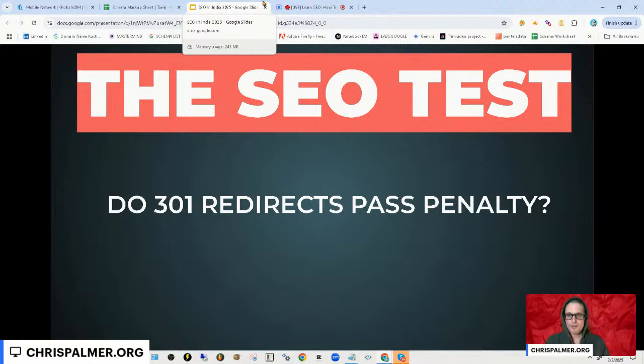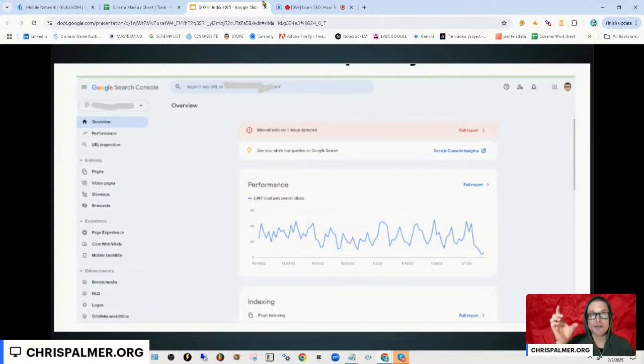What we're trying to get to here is we want to know first and foremost, do these 301s pass a penalty? In order for me to convey not only to myself, but to my members and my clients, that I am 100% sure, I took a site with a penalty, one of our assets. This is a manual action.